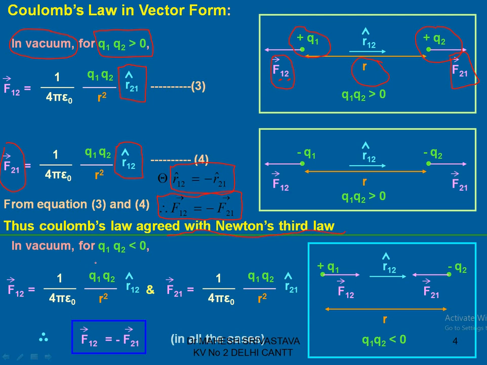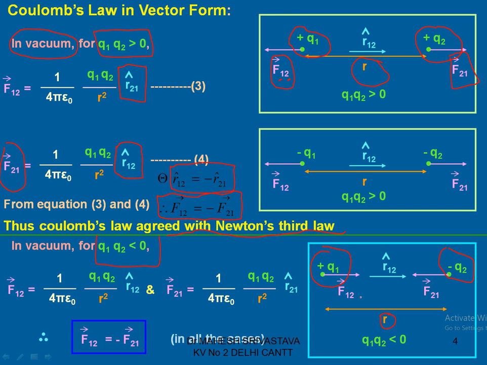Similarly, we take another condition, and the medium between the 2 point charges remains the same. So another condition is that when the product of 2 point charges, that is Q1 Q2, is less than 0, it means one charge is positive and another one is negative. So here we are taking Q1 as positive and Q2 as negative, separated by a distance small r. Again we will find out the force acting on charges Q1 and Q2.